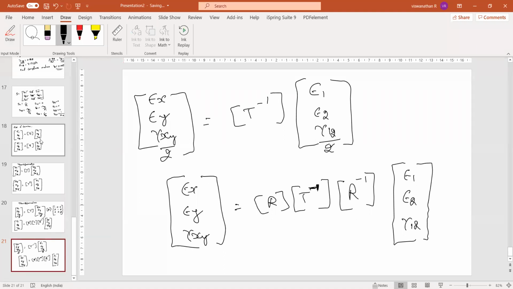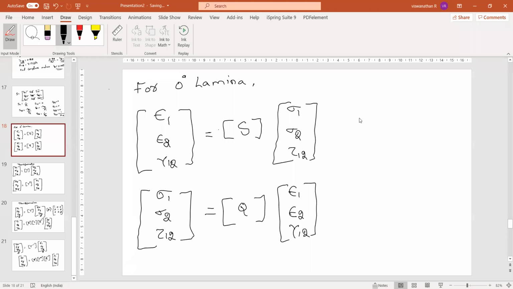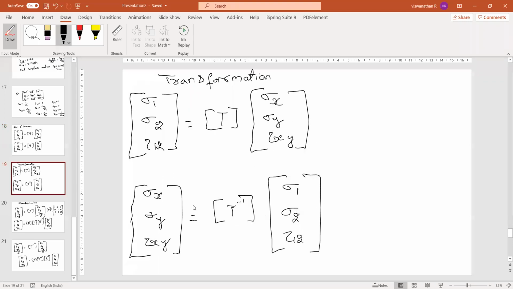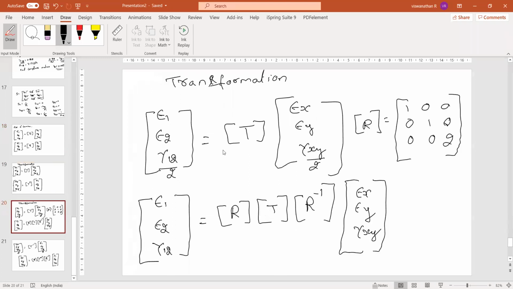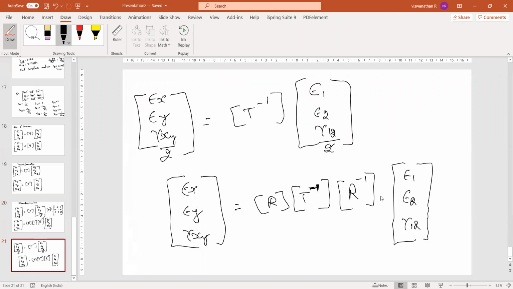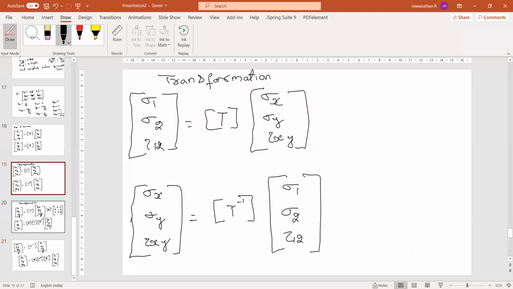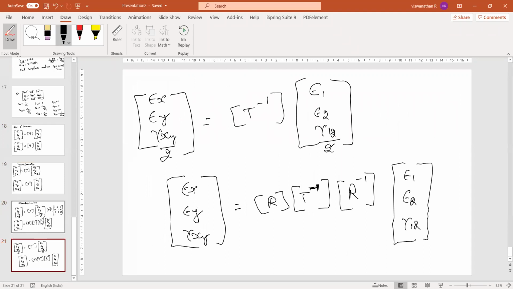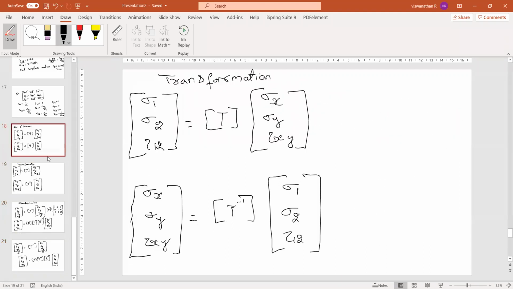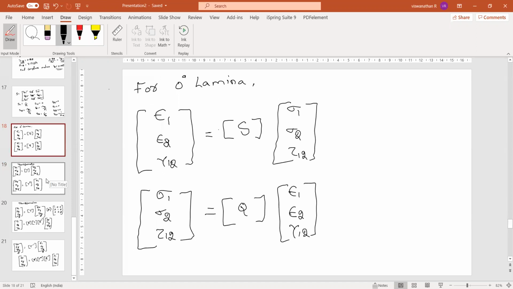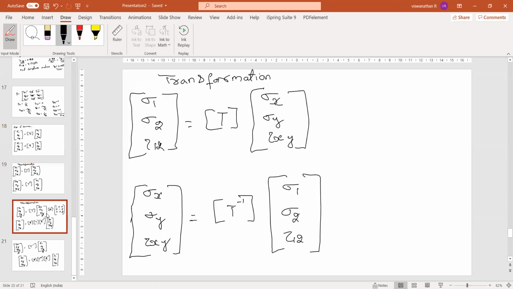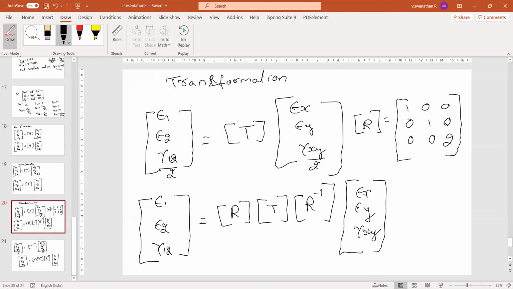Any doubts so far from here? Are you clear with this? Are you clear with this? Are you clear with this? Yes, sir. And this one, and then this thing, and then this, and then this is for the inverse transformation. Okay, these things must be clear before we proceed. Any questions so far? Please ask. Any questions in any of these 4 slides? You have any questions? You have any doubts? No doubt, sir. Okay, fine.